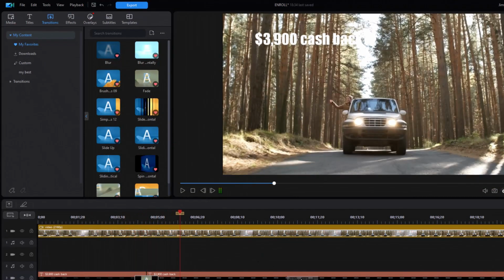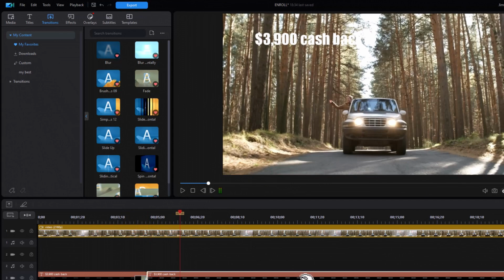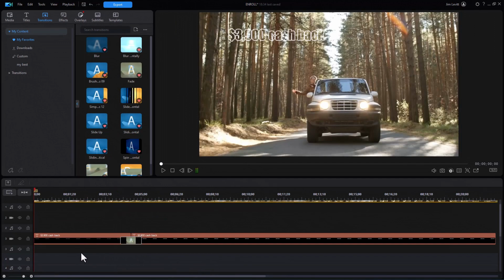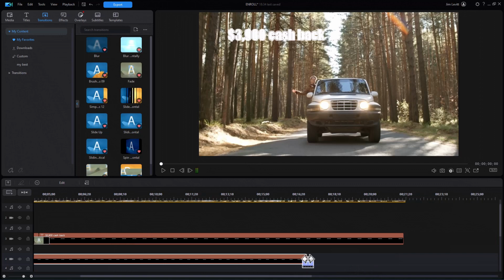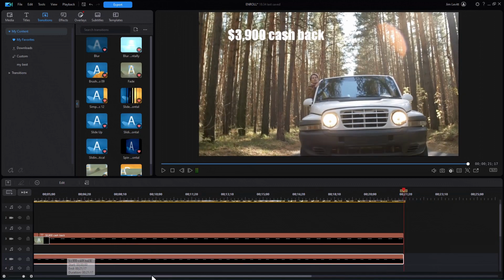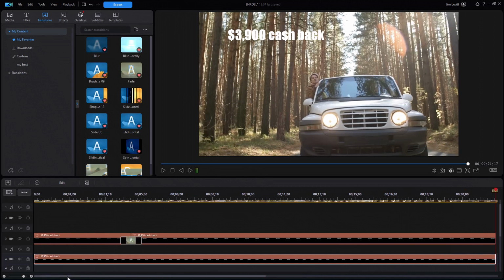Pretty nice there. Now let's see, I want to do a second text. So I'm going to copy the first one. I'm going to go down a track, to track number 4, and I'll paste it in. We want it the same duration. We're going to change two things about it. First of all, we're going to change the content of it, the text of it. With it highlighted, I can click up here,